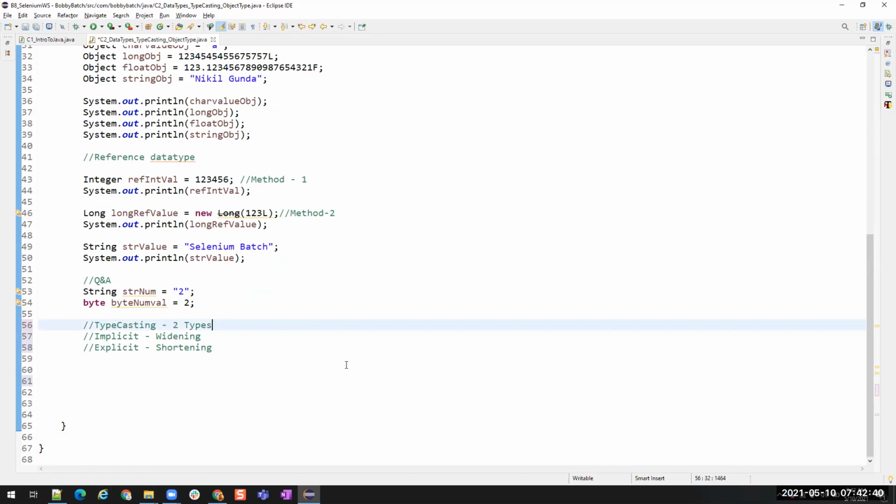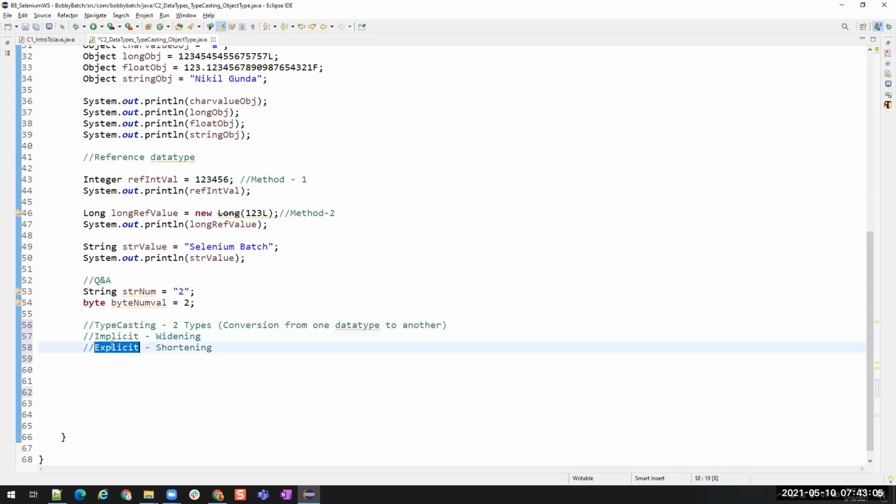That means typecasting is conversion from one data type to another. Okay, so the meaning of implicit is that by default it will be done automatically. You don't have to do anything. It will be converted automatically.